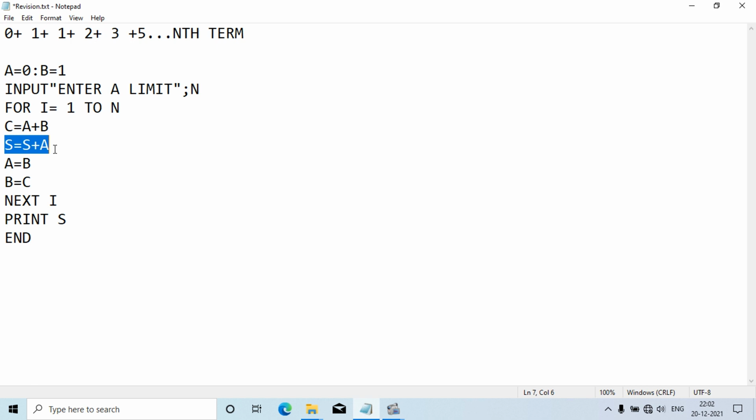Basically, both are the same. The only difference is that in sum of series we add the term and print after the loop, and in print the series we just print the term inside the loop only. That's the only difference. I hope I am clear with these kinds of calculations and series questions.